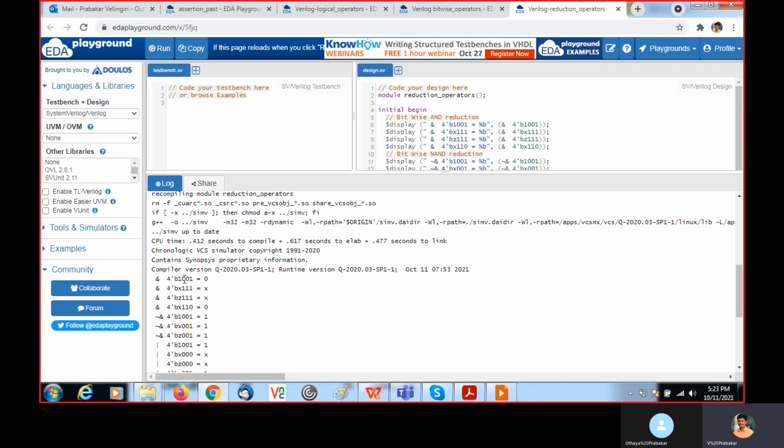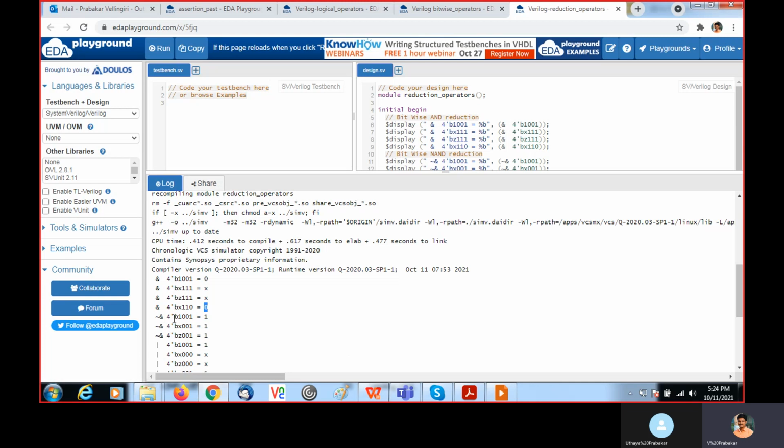So 1 AND with 0, AND with 0, AND with 1. When one of the bits is 0, you will get 0. In the same way, when one of the bits is X, performing AND between these individual bits, you will get X. If Z is present, you will get X. If X or Z is present, but you have 0 in one of the bit positions, you will get 0. Thus, we are performing AND with 0. Finally, whether the others are 0 or 1, you will get 0 as output.